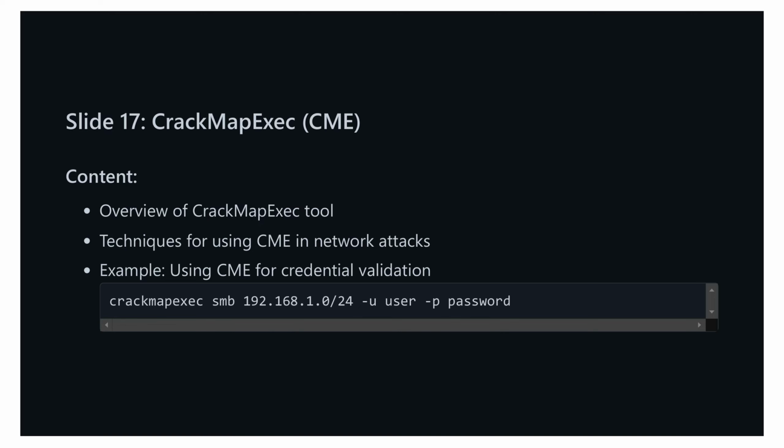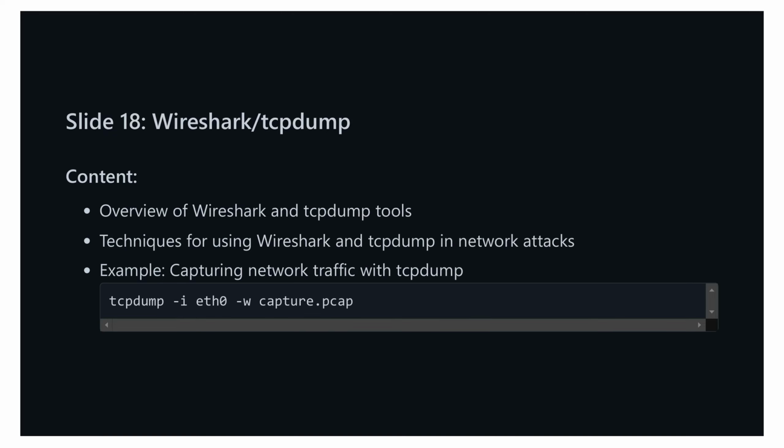In the next slide, we will dive into Wireshark and tcpdump, focusing on how they can be used to capture and analyze network traffic. We'll also provide an example showing how to capture network traffic using the command tcpdump -i eth0 -w capture.pcap. Continuing from our previous discussion on CrackMapExec, let's move on to slide 18, where we will explore two